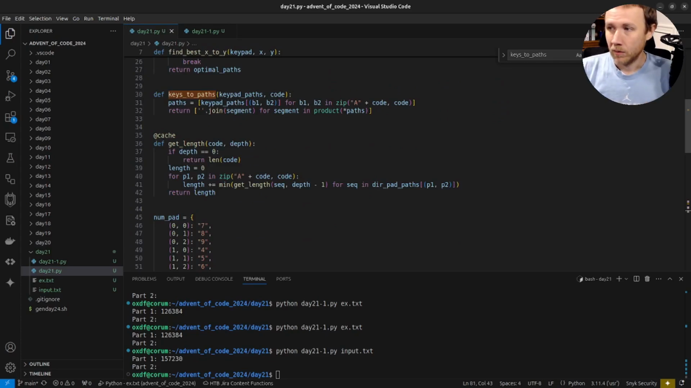So if the depth is 0, if there's no robots left, I'm just going to return the length of the code. That's the length. Otherwise, I've got my recursive step. I'm going to say length equals 0, and I'm going to do the same walk here that I did up here. On line 40, I'm walking over all the moves. And for each move, the thing that